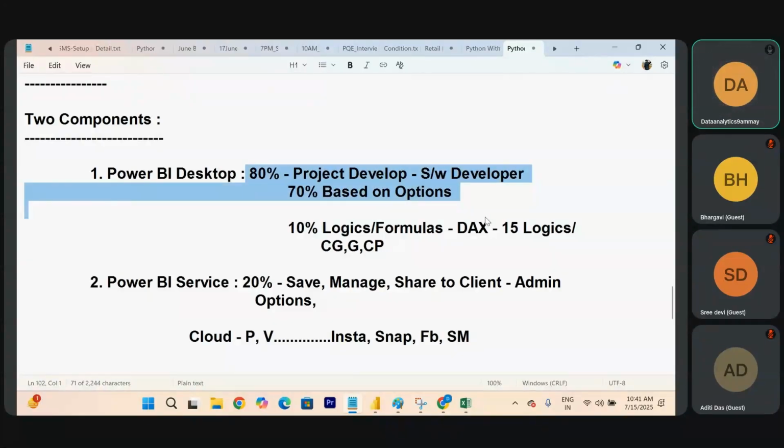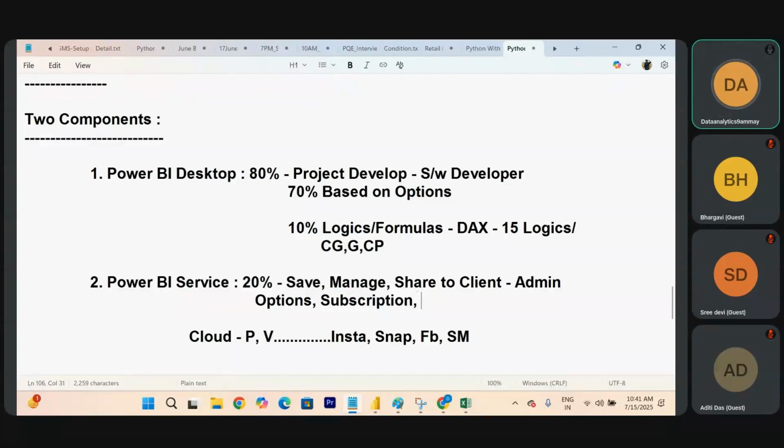The client will be in a different place, US, UK, somewhere else. To let them access your project, you place it in Power BI service. So can I call it a cloud? Simple. Wherever the client is staying, he can access your project. That is why we use this. Then apart from this, what else is it used for? Whatever the subscriptions are, the client has to access your dashboard.